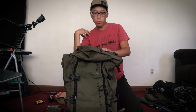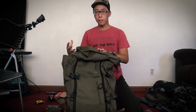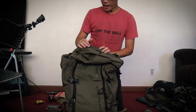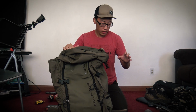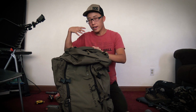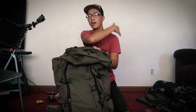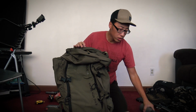So all the weight's going to be on one shoulder, and you feel like you're consistently trying to battle, just trying not to lean so much on one side. So you want to balance it. What I like to do is, since I'm carrying my rifle on the Kifaru Universal Gun Bearer, that method of carrying my rifle shifts the weight of my backpack towards my right side, because that's the side I carry my rifle. So on the left side of my backpack,